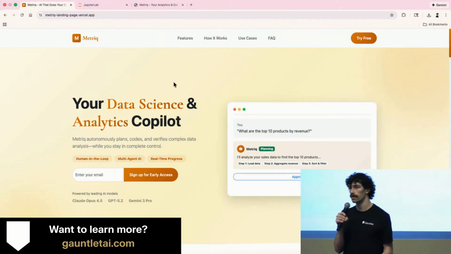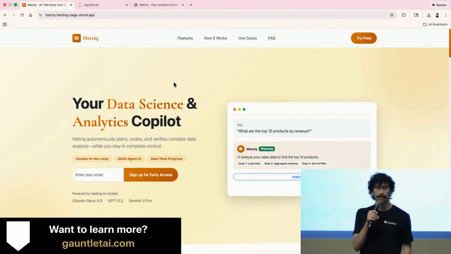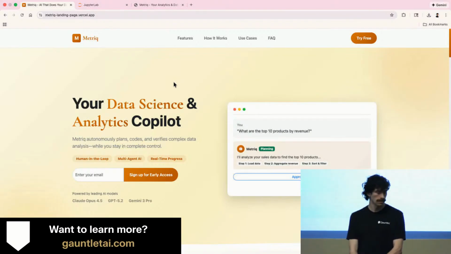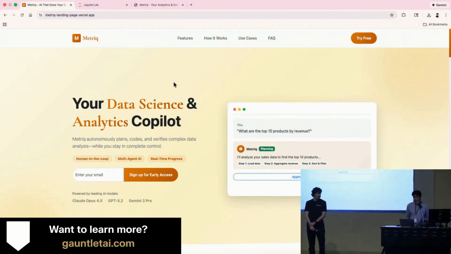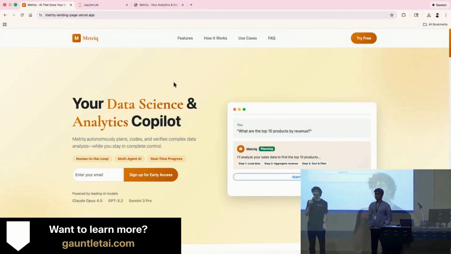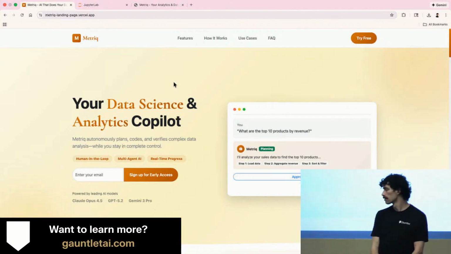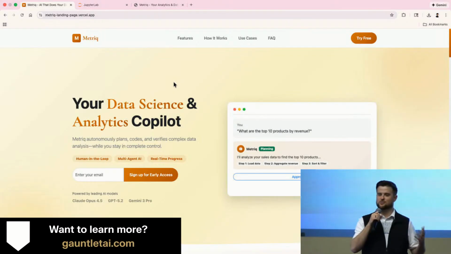This is one example of what Metriq has the capability to do. This is not the only problem we can solve. It could be fraud detection in the finance department. It could be customer churn analysis in the growth department. It doesn't matter. Any data problem, we can tackle it for you. So this is what we mean by a product that actually does the work. You ask your questions about the data, Metriq runs the full investigation, and it gives you the output that you need. So we built Metriq over the last 7 days to kick off the data science revolution and 10x the